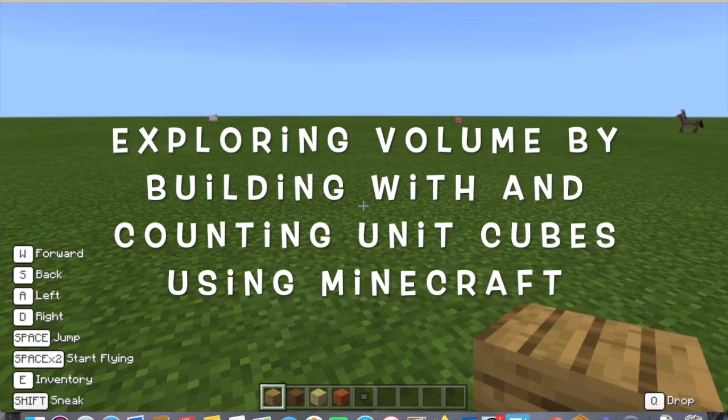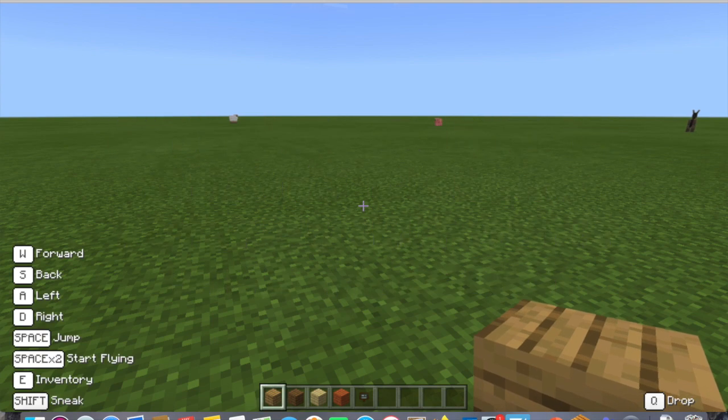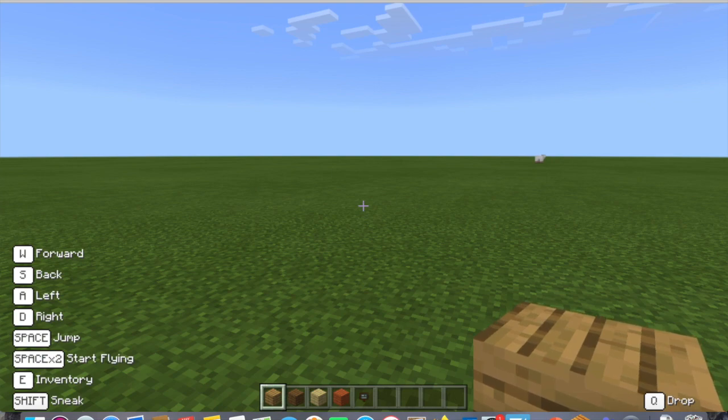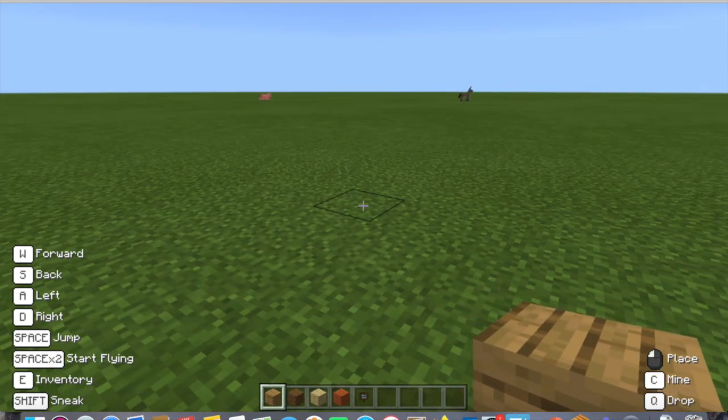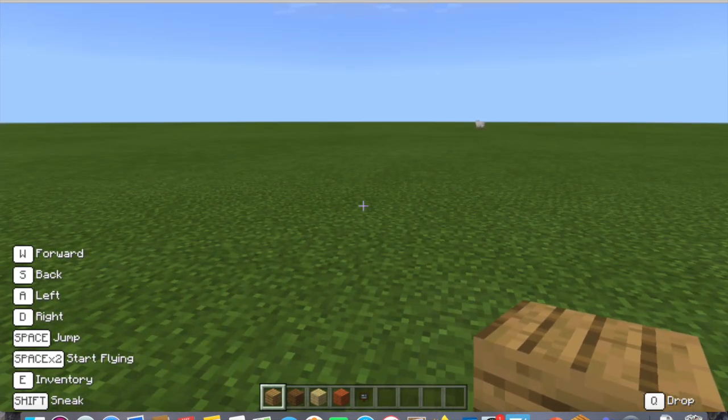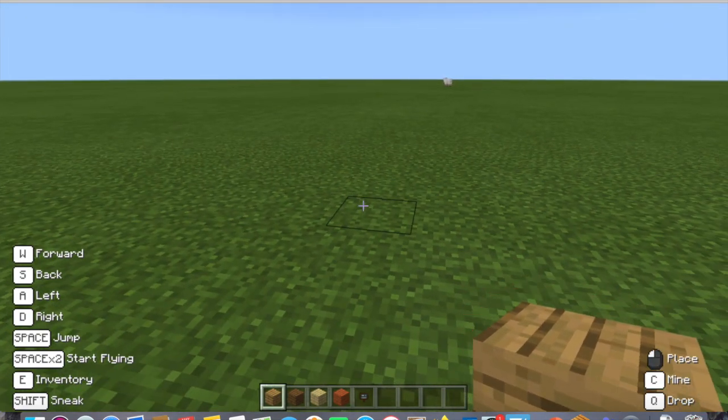Alright, grade 5. Today we're starting our unit in volume, and I couldn't think of a better way to teach this unit rather than using Minecraft Education. So we're going to talk about some interesting concepts in this unit, but before we go ahead and talk about volume, let's remind ourselves a little bit what we talked about, area